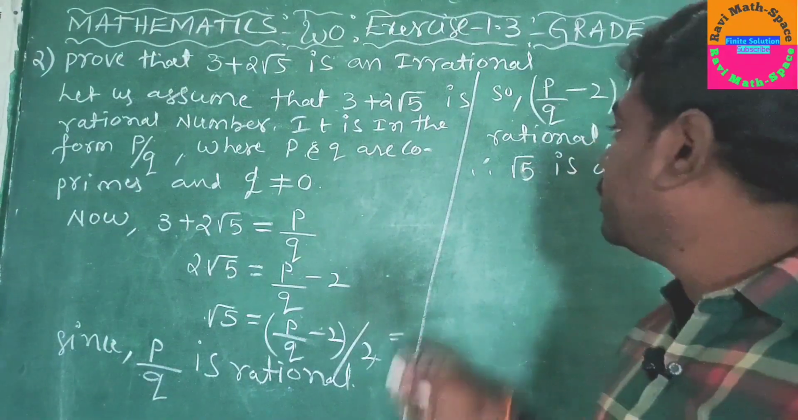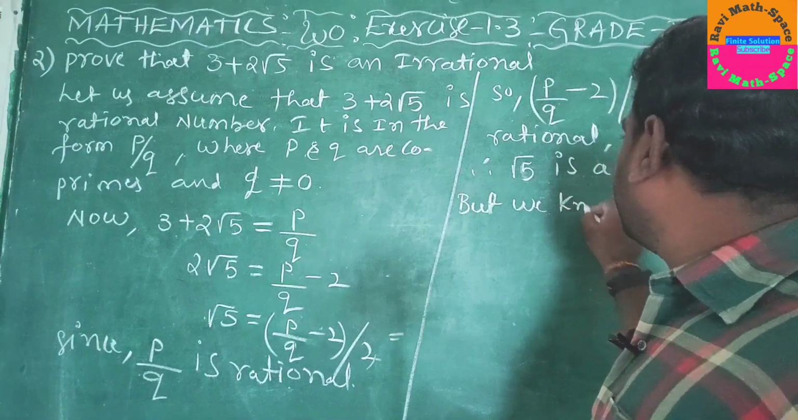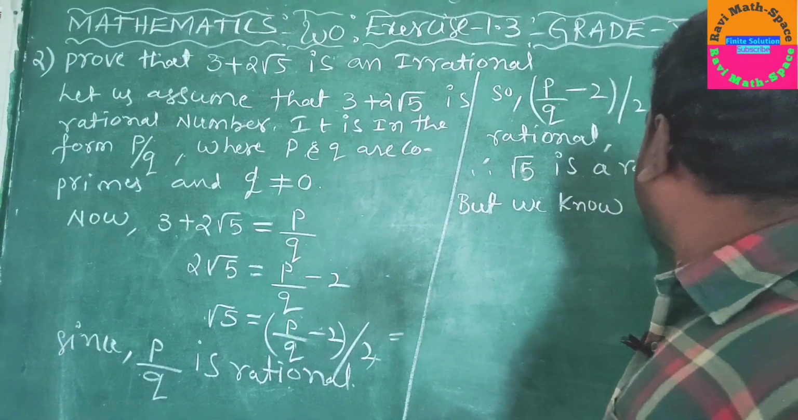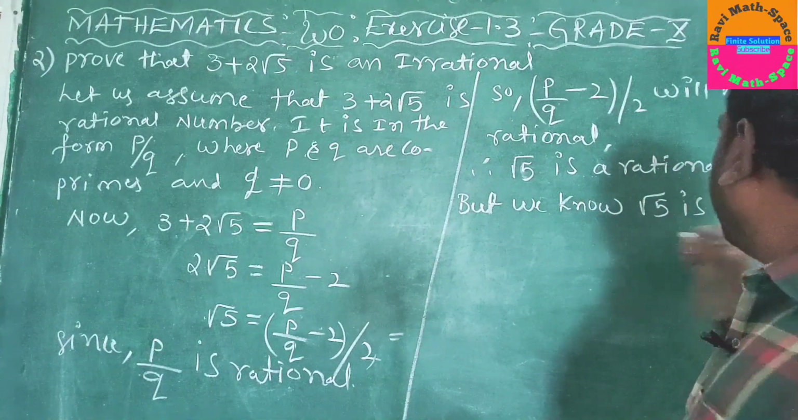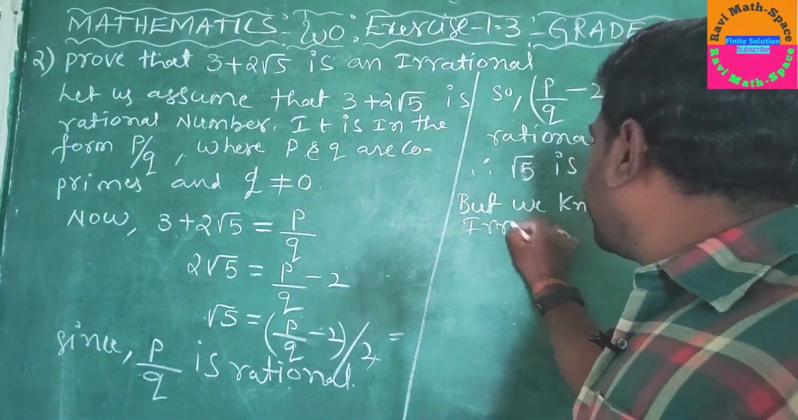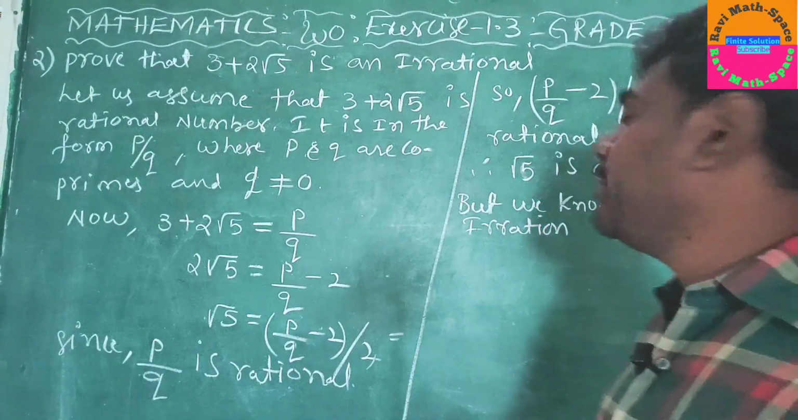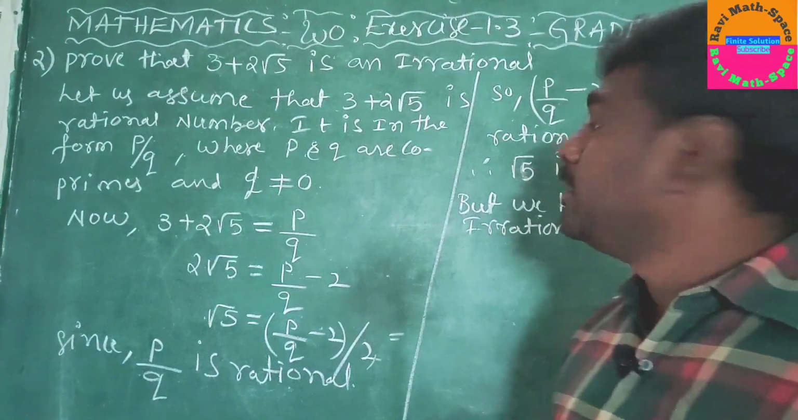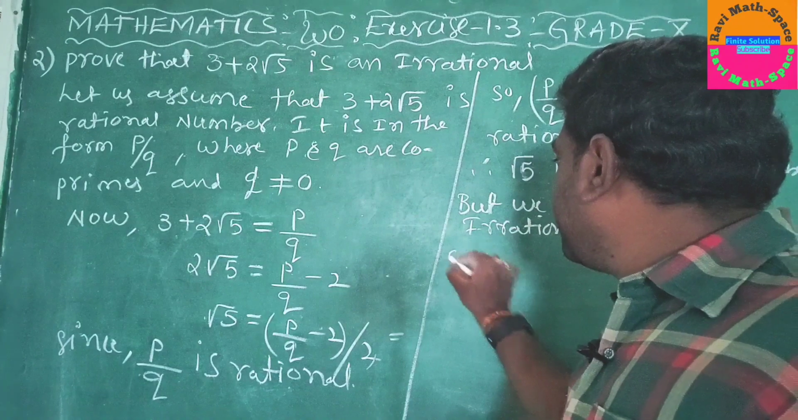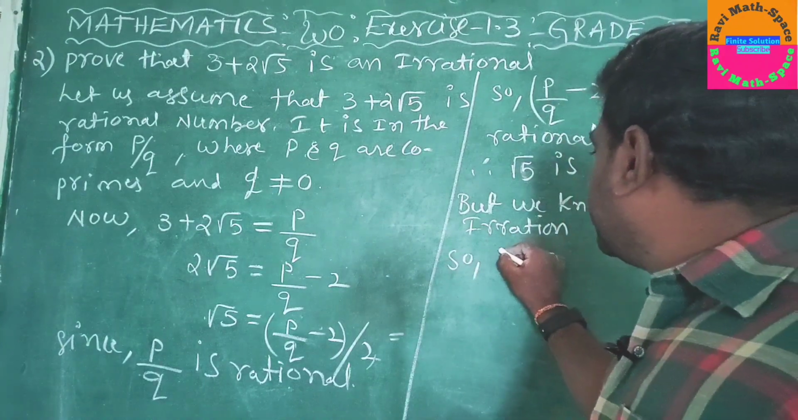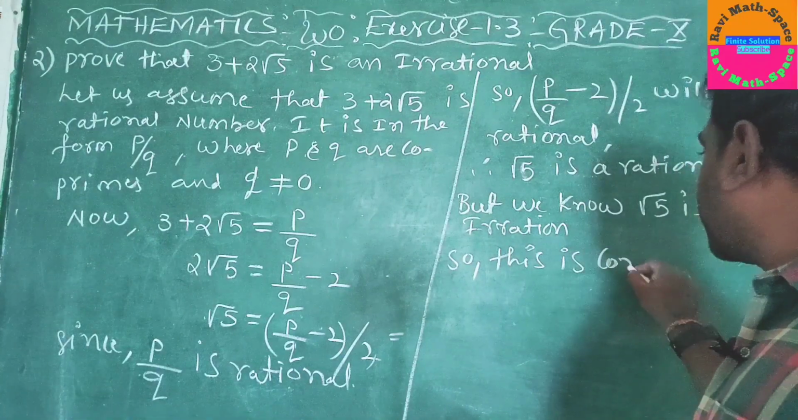But we know that root 5 is irrational. What we know, the fact here, is that root 5 is an irrational number. So here is a contradiction, yes or no? That's why I am writing here: this contradicts